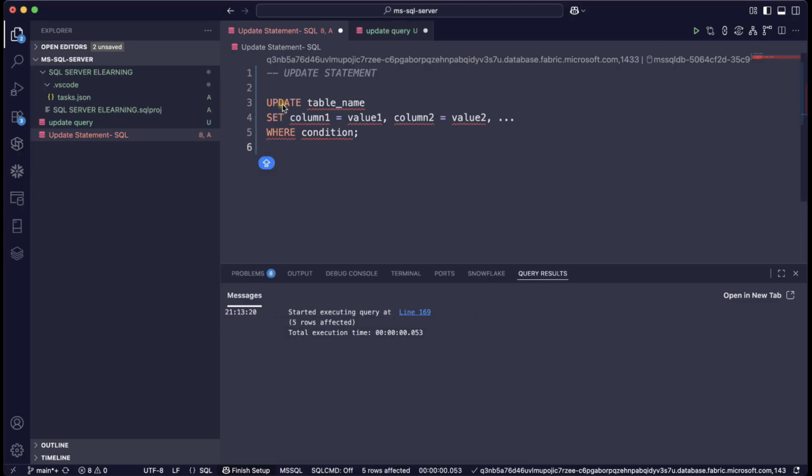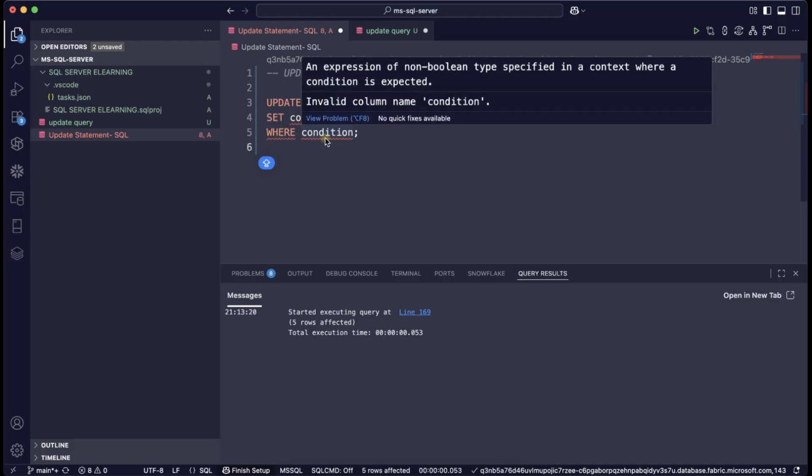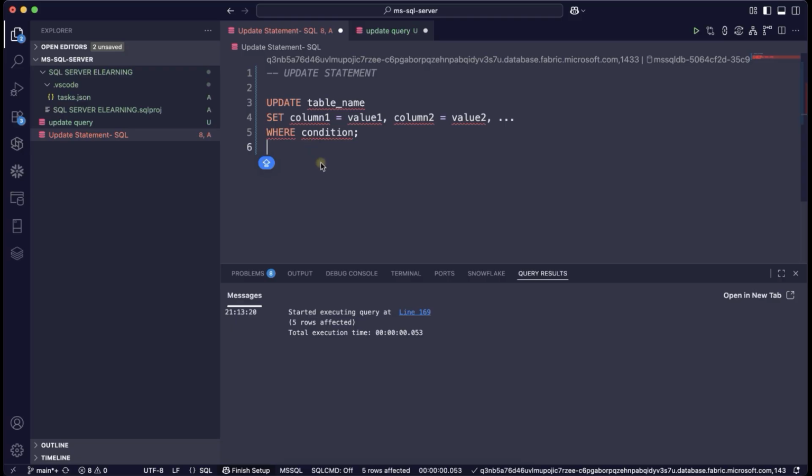Let me paste it here. We need to use the UPDATE keyword, then write the table name which we want to update, meaning the target table name. Then we use the SET keyword, then the column name we want to update, and the new value. If you want to update multiple columns, we use comma-separated columns and new values. Then we need to use the WHERE condition. Remember, this WHERE clause is extremely important. If you skip it, SQL Server will update every row in the table,